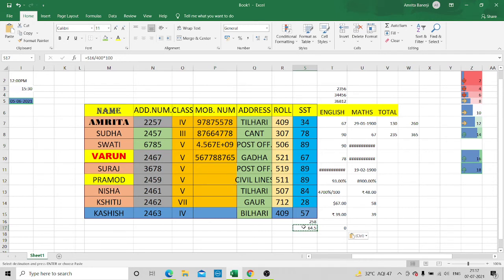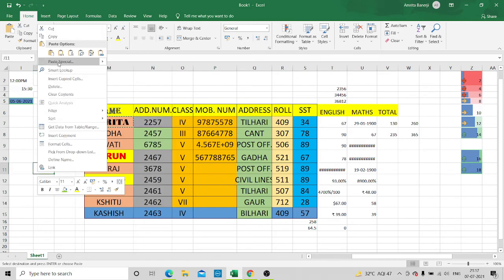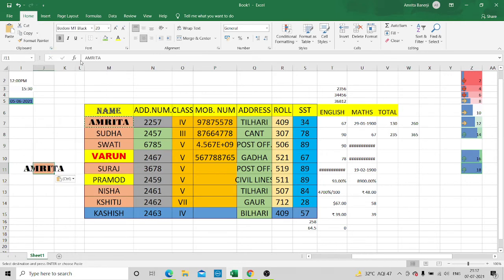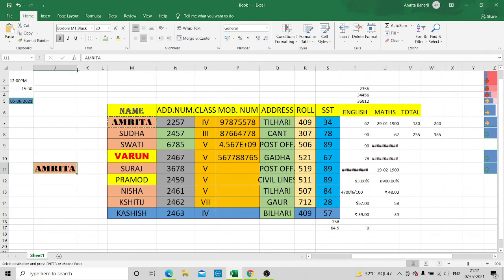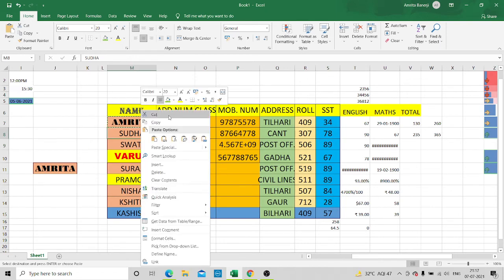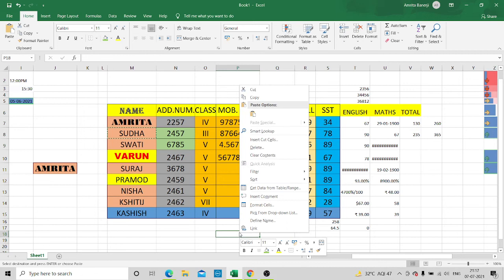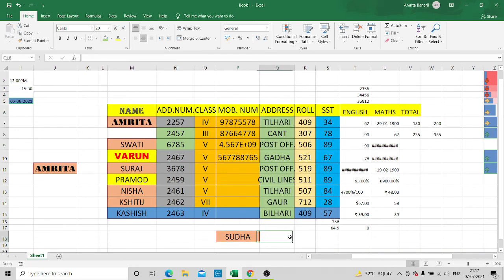Okay, now children, we can do any kind of copy paste, as in suppose here is one data, I will just copy and I can paste it to any other cell this way, single paste. It can get pasted in this way very easily without any complication. You can do this pasting stuff. Okay, you can cut any value from anywhere. This was copy, you can even cut the value. You can cut this value and paste it in some other place. So even cut and paste options are also available in this Excel.